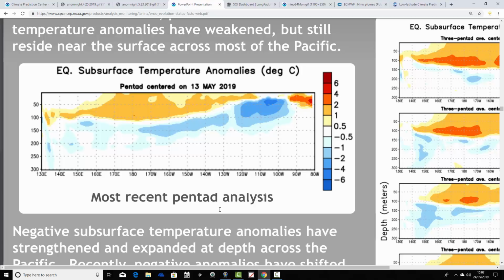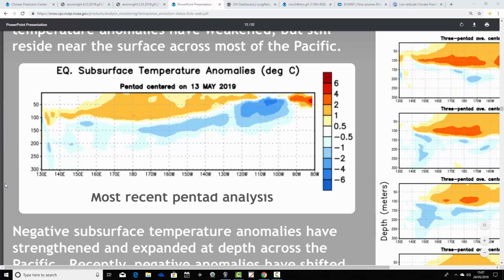We don't have enough yet to suggest we're going into La Nina. But with very little warmer than average subsurface temperature anomalies, there's nothing really to support the El Nino, if you see what I mean. So at the moment we do still have the signature of El Nino through the surface of the equatorial Pacific Ocean and down to around a depth of like 100 meters. But lower than that, there's nothing really to support those warmer than average sea surface temperature anomalies.